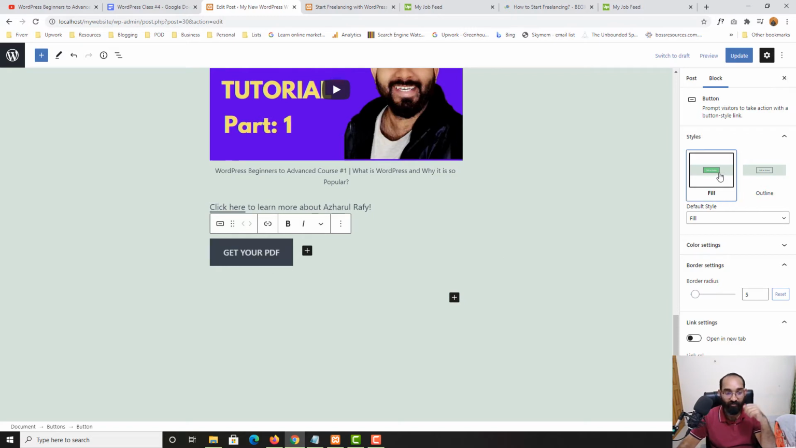As you can see, on fill, currently it looks like the normal button, but whenever we are hovering over here, it changes to the outline option, a transparent background with this text. But if we select outline from here, we get a transparent button here, which does not look good as a button, but whenever we are hovering over, it looks good. All right, so let me just keep it on fill, and then you can give some border settings like border